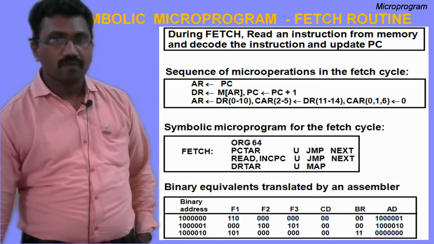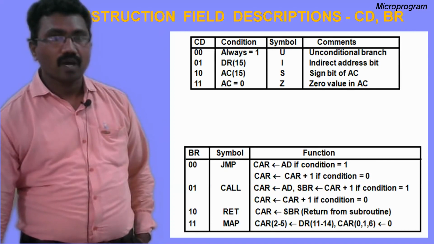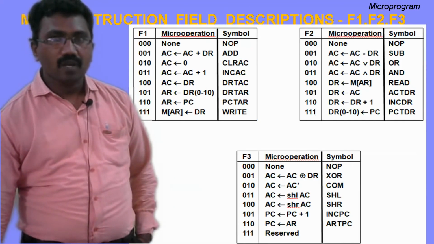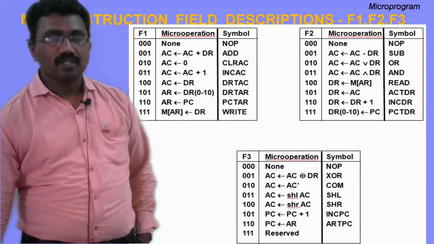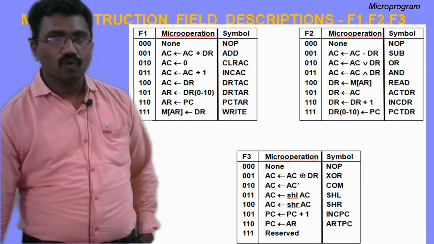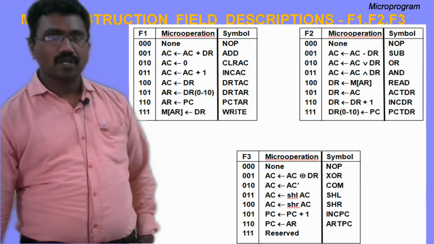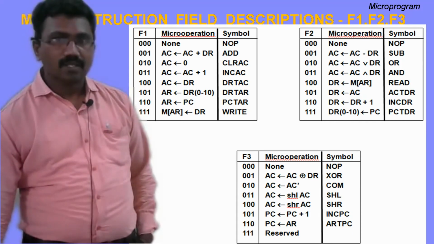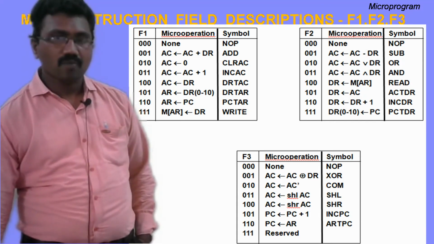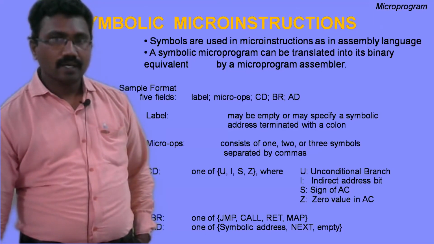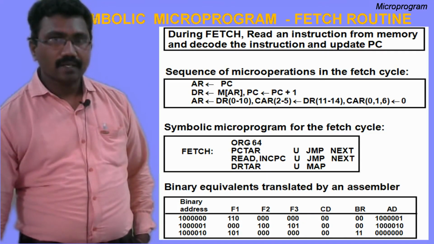Go to the definition: read, M of AR to DR, is defined in the F2 field. F2 100 defines the read operation. This read symbol is used in the symbolic micro program. That's why here it is read, M of AR to DR,